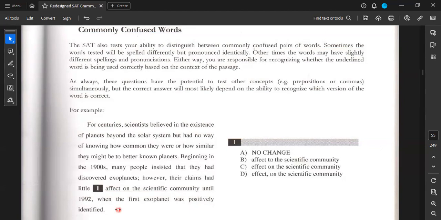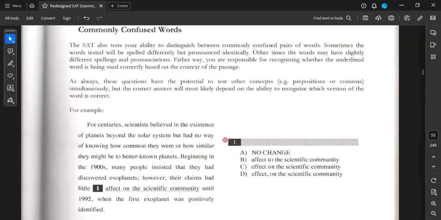Does anyone want to go for it? Also tell me any other reason why any other of the answer choices might be wrong. You can pick any. Okay, I'll go for it. All right, so for example, I'll say A and B are wrong for the fact that we have to use the word effect, not affect. To affect something is to have an impact on something, right? So let's say you guys say something bad to me, and then that affects my day, right? So what you've said has